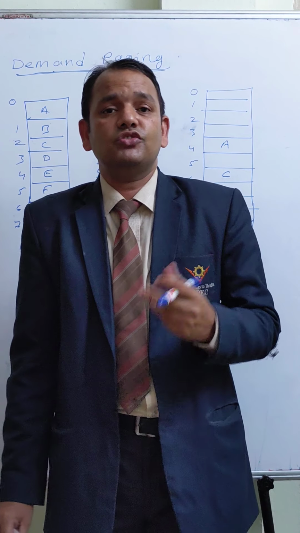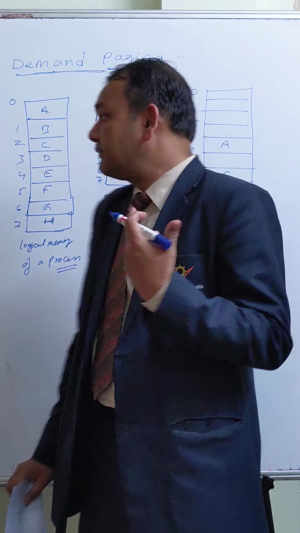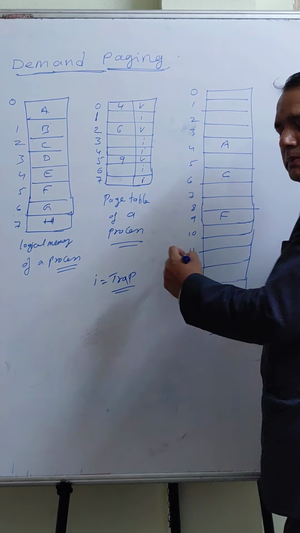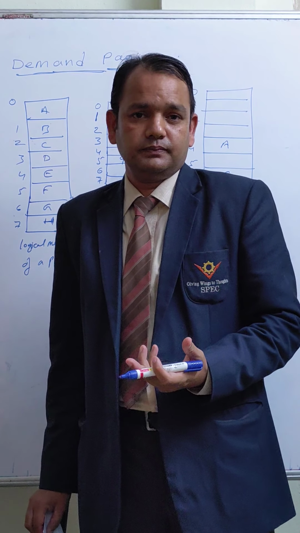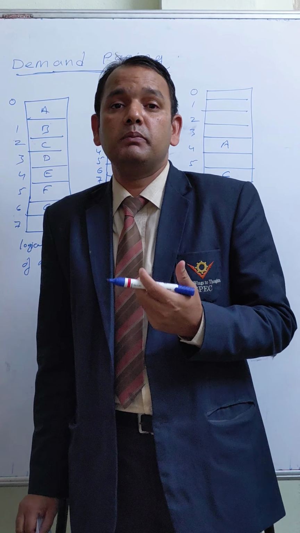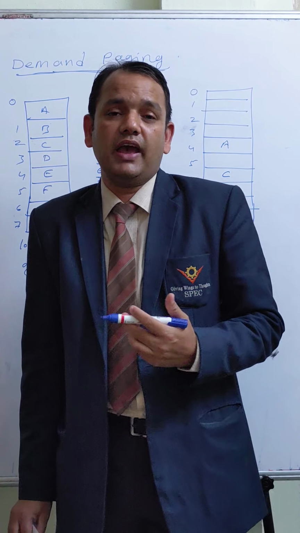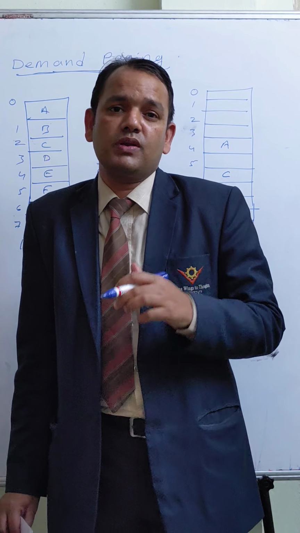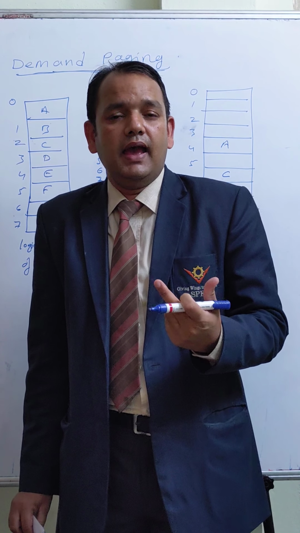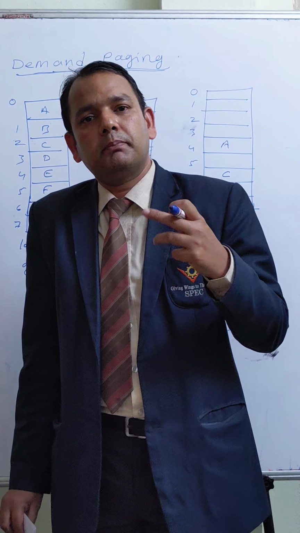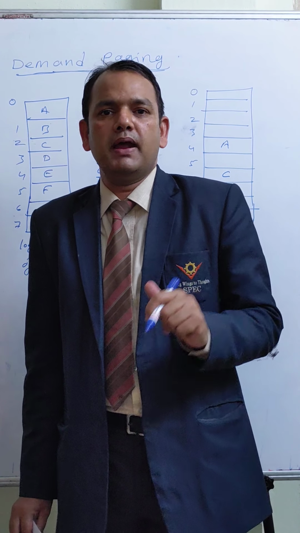If a process suddenly wants a particular page that is not available in the main memory, it is called a page fault. The required page is not available in the main memory, so that particular page has to be brought back to the main memory from secondary memory, the table updated, and the process executed from the beginning. This is the sequence in demand paging.